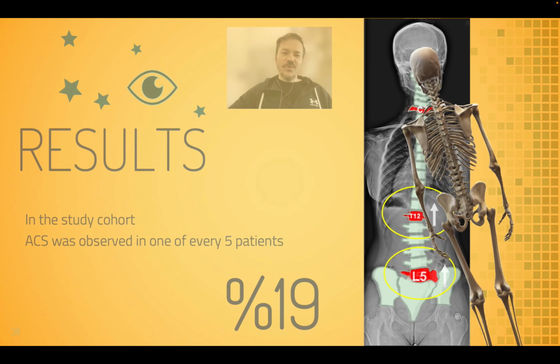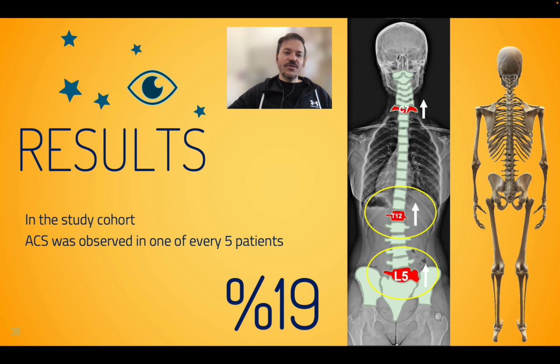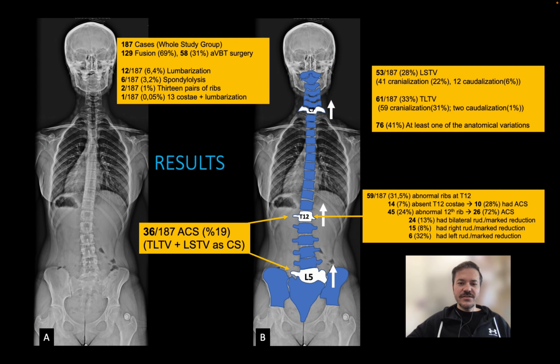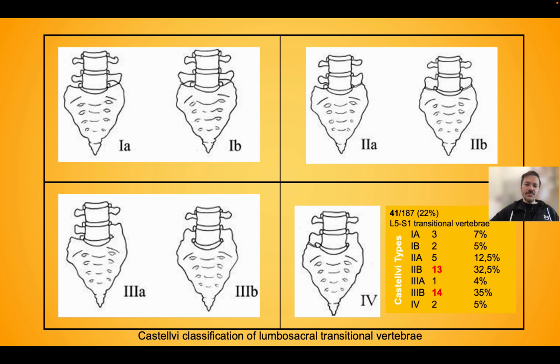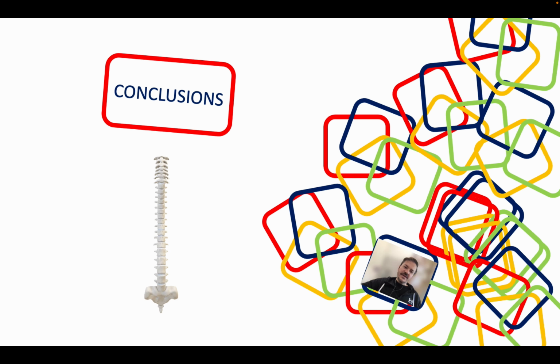What we saw was very shocking in the study cohort. ABUL cranial shift was observed in 1 of every 5 patients. In other words, in 19% of the patients we saw ABUL cranial shift in adolescent idiopathic scoliosis cases. These are the other related data which we collected. So most of the time in Castelli classification, we saw type 3B and type 2B sacralizations. And as a result, what we found was